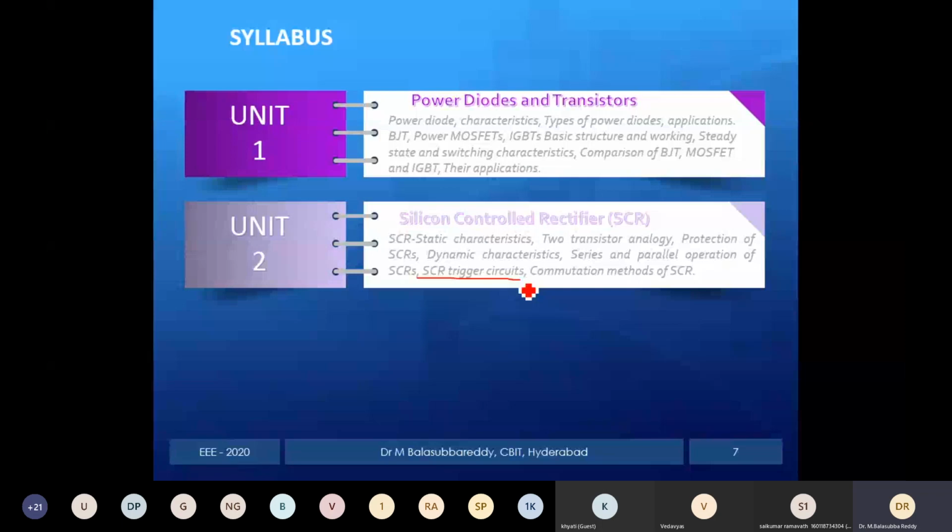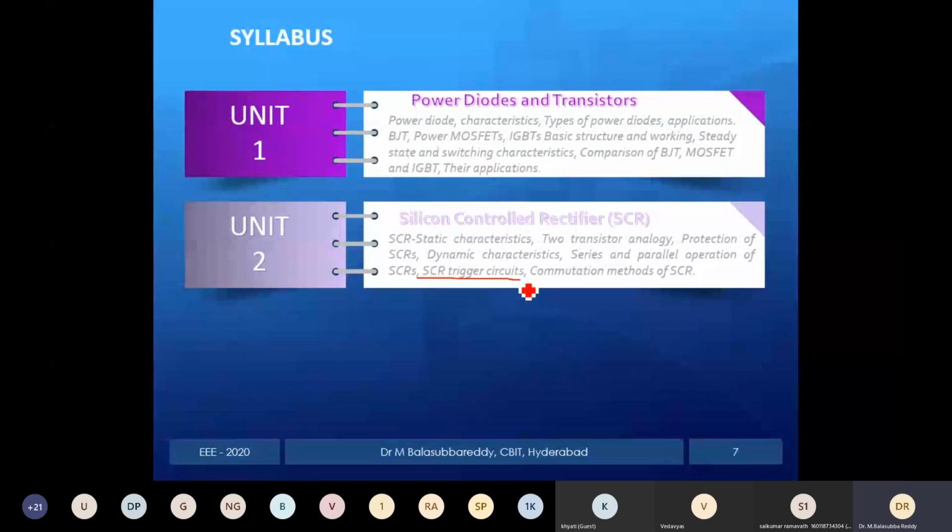One thing you remember throughout this subject, our operation is only simple and common. What is it? You just switch on the device and switch off the device continuously. That's all throughout the subject. It may be different controllers, different circuits, and many classifications. But all the things we are doing are only to turn on the device and turn off the device at regular intervals to control the voltages and powers. That's the reason commutation means the process of turning off the device; we call it commutation.